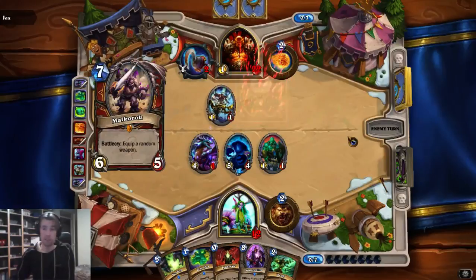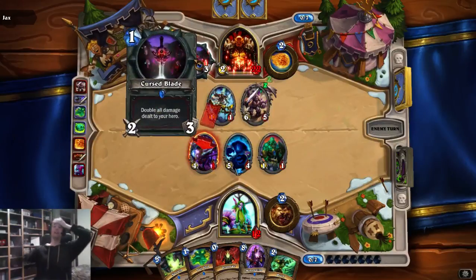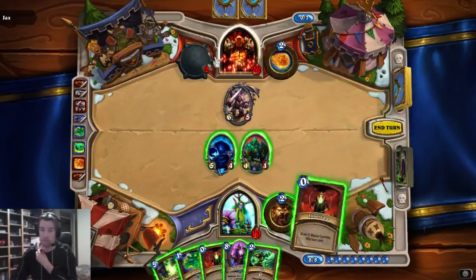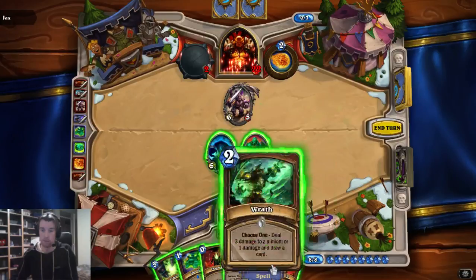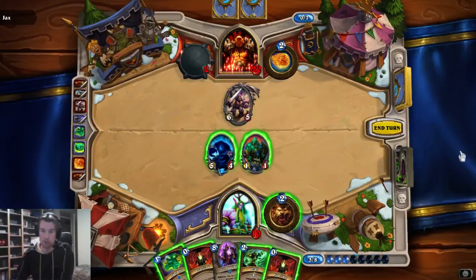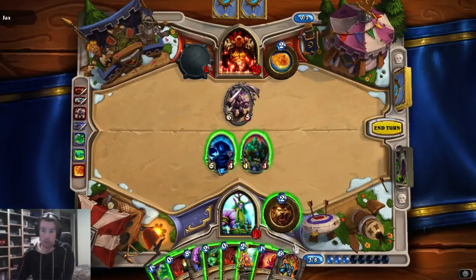Moonglade Portal certainly did... Cursed Blade! Double all damage dealt to the hero. That's kinda awesome. Now we need to see what we can do. I could do 3 mana, but that won't kill him just yet. I say we Nourish for an answer. We don't have much of an answer anymore though. Ooh, Raven Idol could give us an answer. There is also another really good answer. 7 mana, 7...